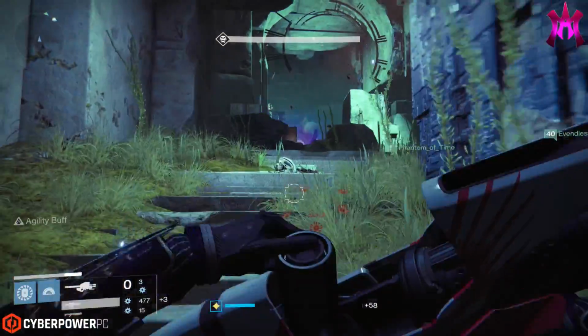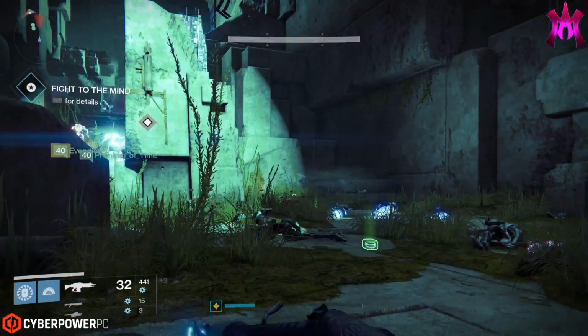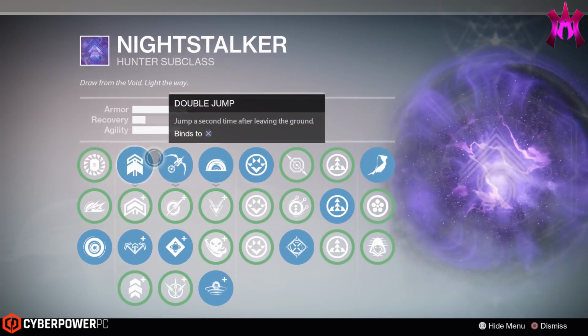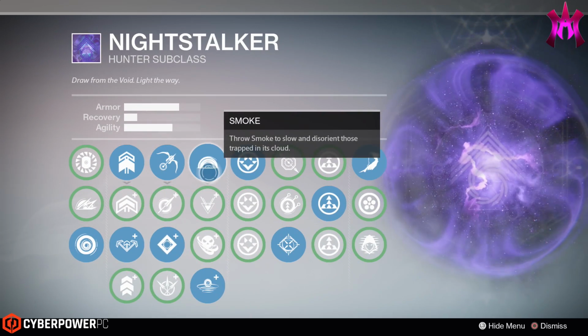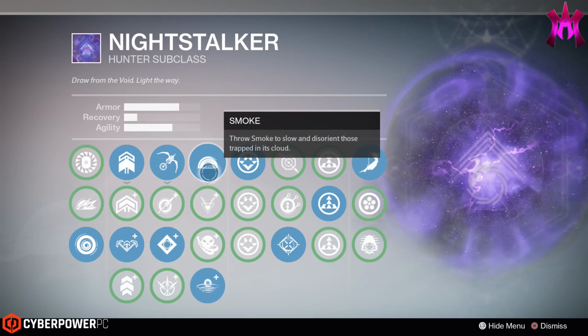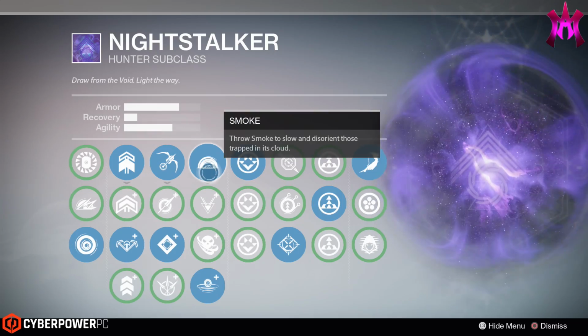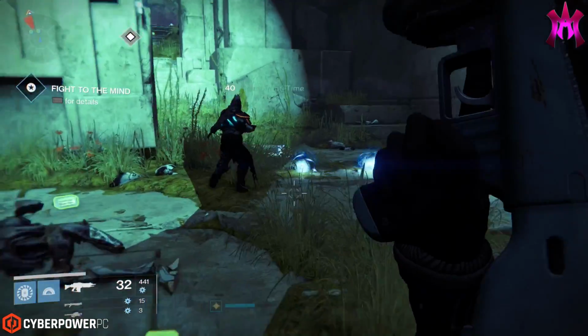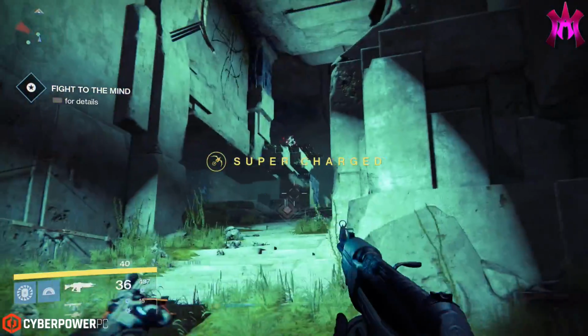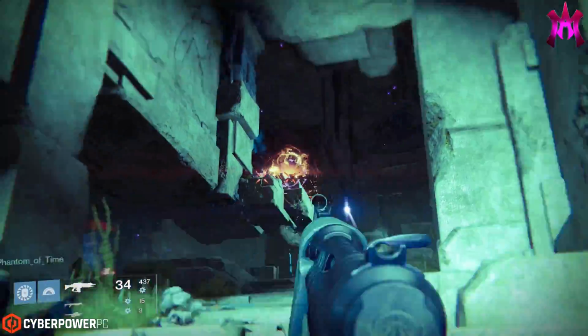But the biggest hit that the Nightstalker is going to take in this update is sadly to the smoke grenades. Oh my god, the wombo combo. It's been a scourge of the Crucible for the last bunch of months, hasn't it? It really has been. But the smoke grenades have had their initial impact damage decreased by a whopping